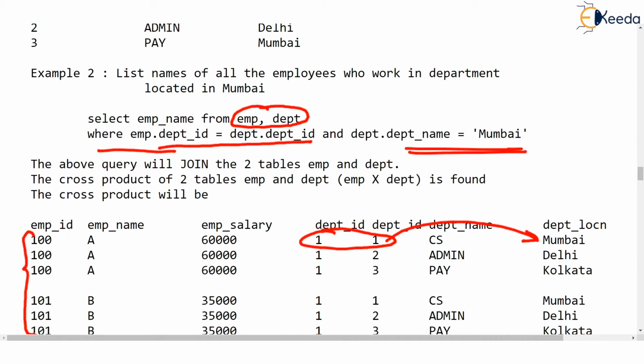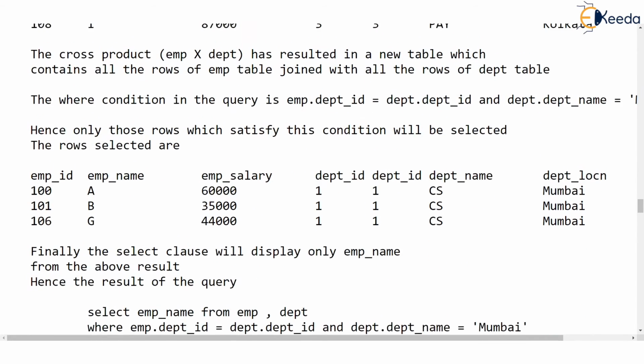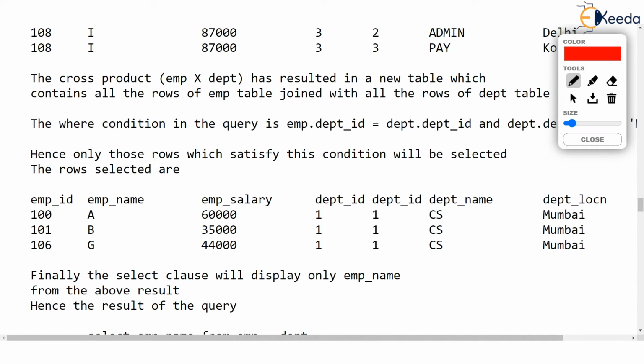Check this. Isn't it so? So after running the where clause, the result is as shown. Here it is. This is the result after running the where clause, isn't it? Only those rows which satisfy this condition will be selected. Note this.